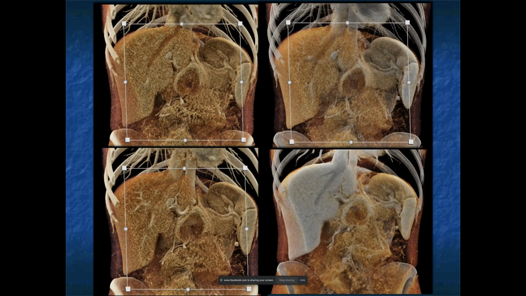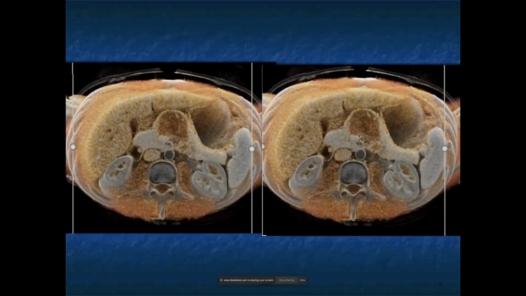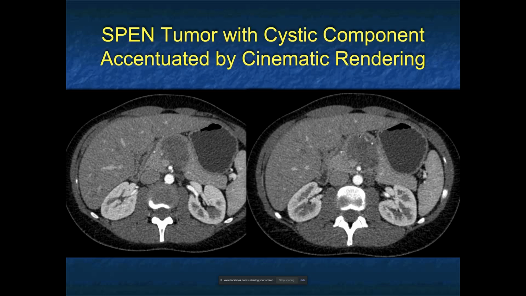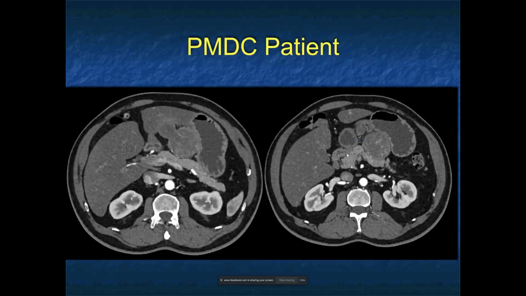But if I would have told you this person was a teenager, then you would say, aha, low density mass, no dilated duct, faint calcification. That's a very good description for a tumor commonly in women, age teenage to 20s, and that's a SPEN tumor. And SPEN tumors are really nice. They're low density. The good news is you recognize them and you resect them, and the 90% plus 5-year survival is really a 90+% cure. Every once in a while, less than 10%, they can be aggressive or they can recur. Most of the time, you'll cure the patient.